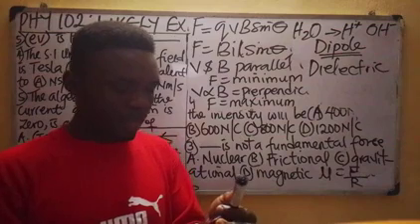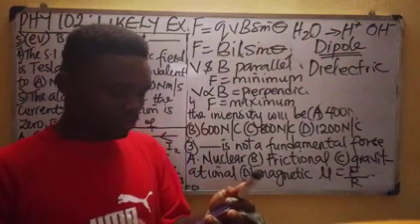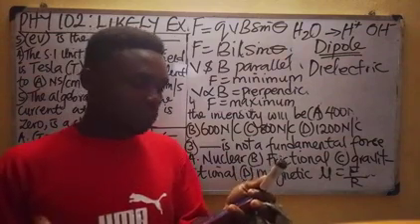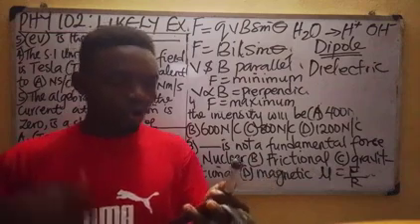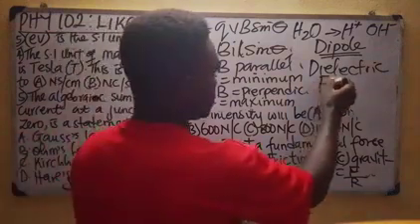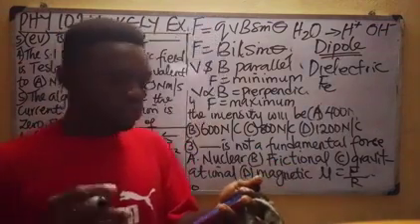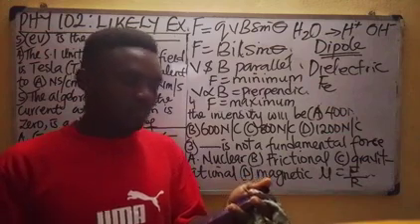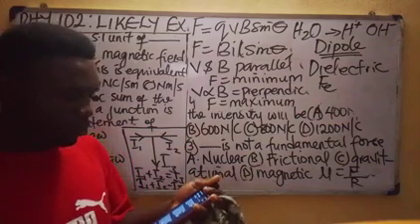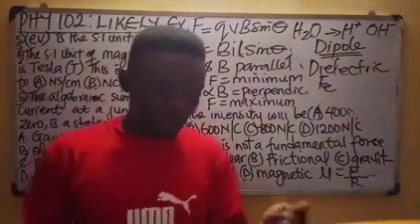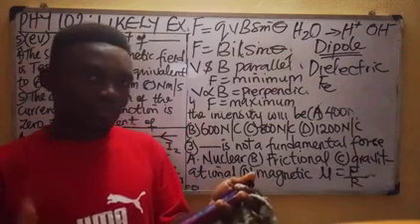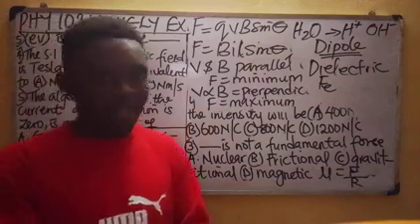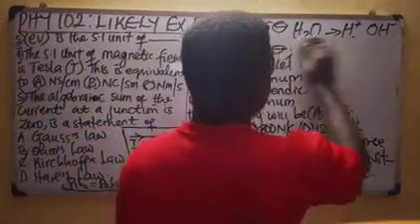Then the next question: the relationship between the electrostatic force of attraction or repulsion, Fe, between two charged bodies and the separation between them is explained by dash. A, Gauss's law, we have explained that. B, Kirchhoff's law, we have explained that. C, Coulomb's law, we've not explained that. And D, Ohm's law. So the answer to this question is option C, Coulomb's law of electrostatics, which states that